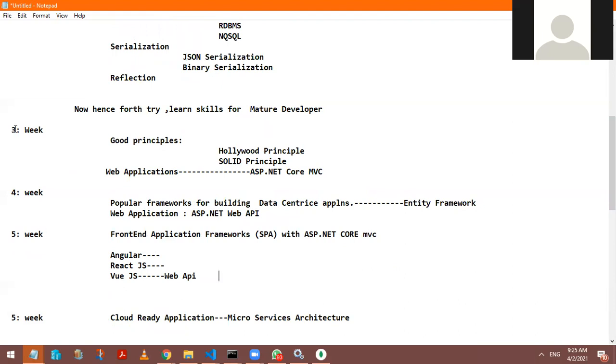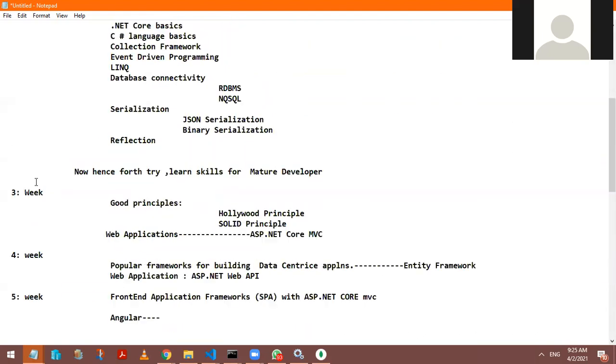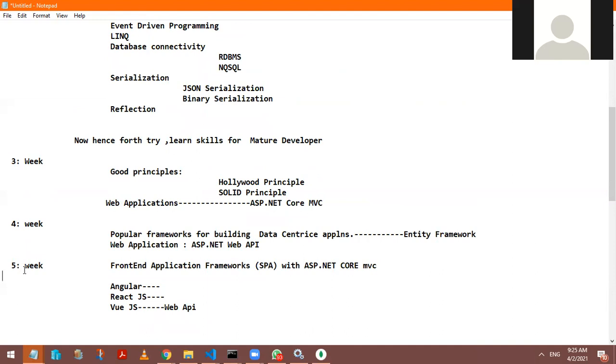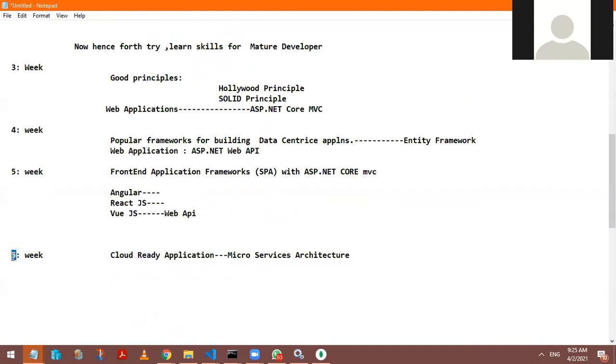And once our knowledge is perfectly set in weeks 3, 4, 5, I'm going to talk about the 6th week. I'd like to focus totally on microservices architecture. So how do I use my microservice architecture during that time? I'd like to cover an introduction to DevOps. I'd like to understand Docker. I'd like to understand containers.